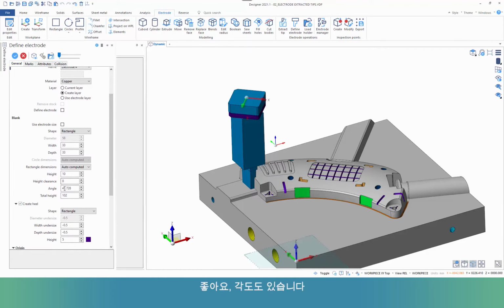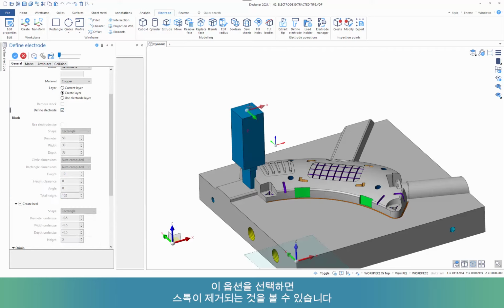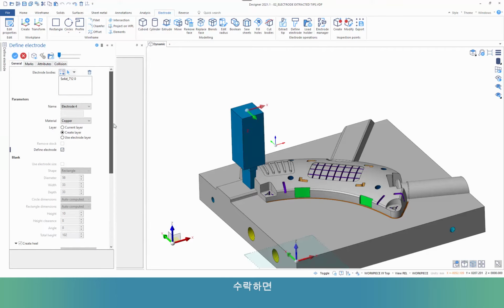Okay, so I've also got an angle in. I'm going to reduce that back to 0. So what I want to use is the define electrode. All I want to do is define that piece of geometry as an electrode. So if I take this option on, you'll see the stock gets removed. And if I just accept that,